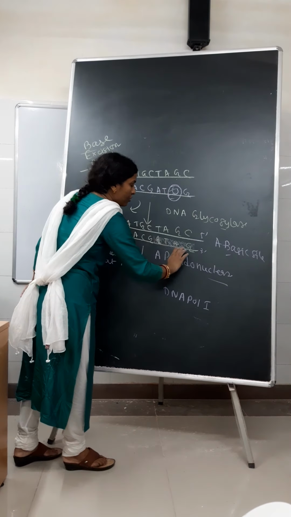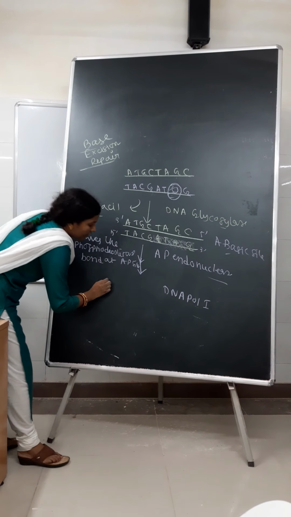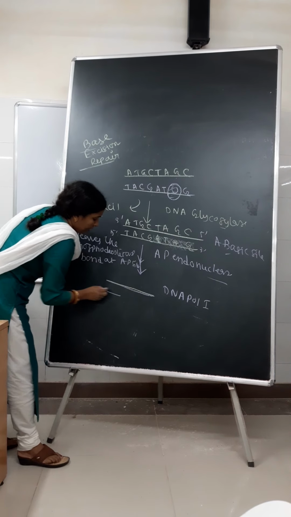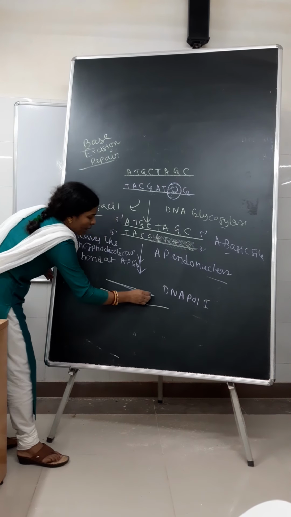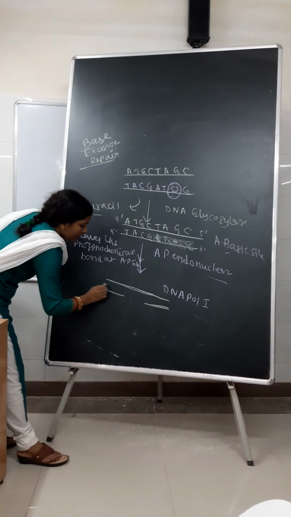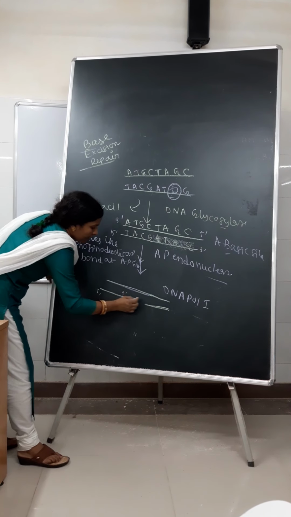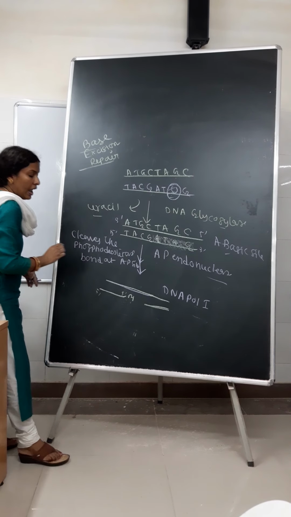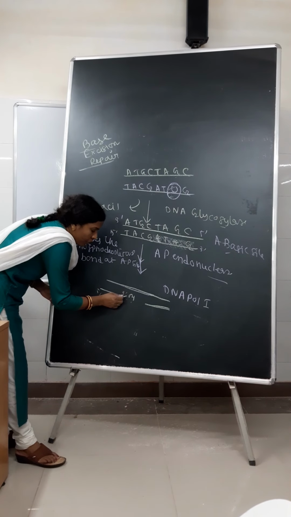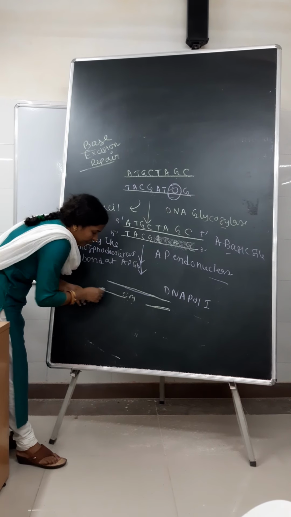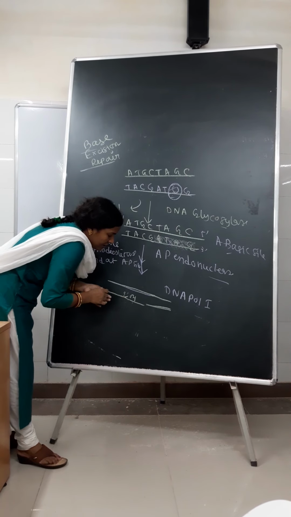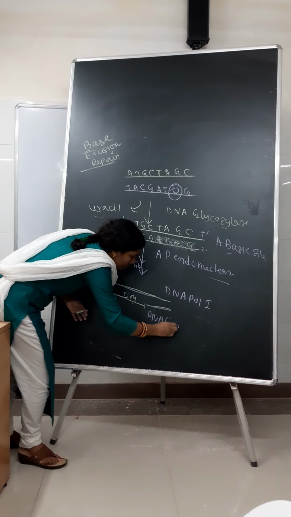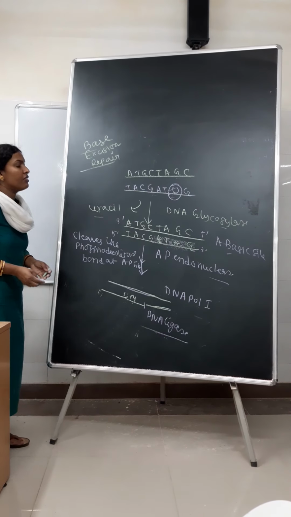Now it can synthesize a new strand. So first it will create like this. So this portion of the damaged strand is cleaved via the DNA polymerase 1. And again DNA polymerase via its polymerization capacity can synthesize the strand, and this nick is ligated via DNA ligase. So these are the 4 enzymes which come into action. This is a very easy mechanism.